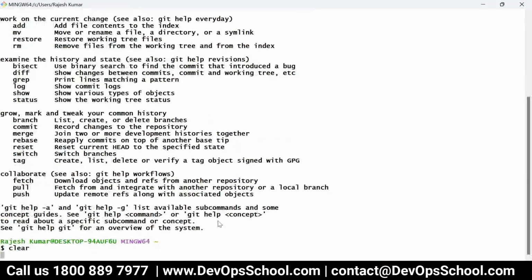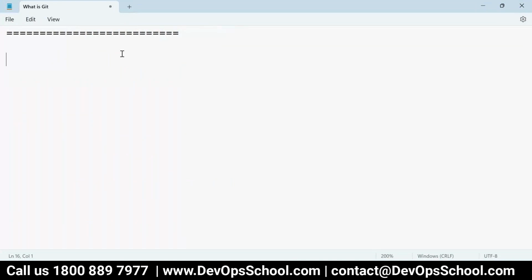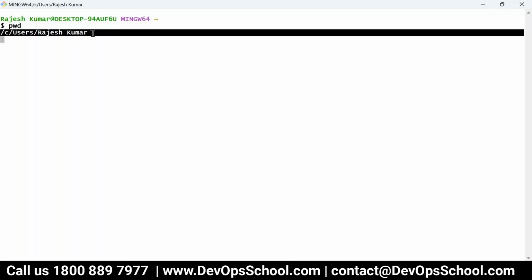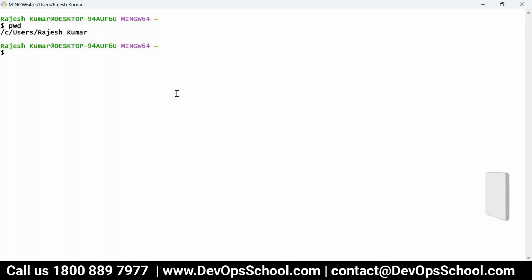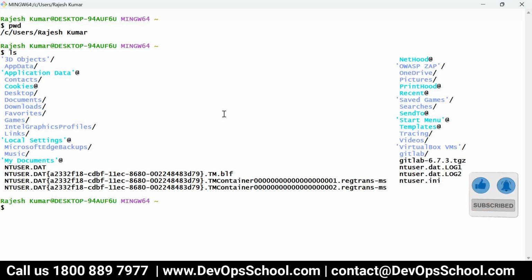Now the question is, how do we get started? How do we version the source code? First thing, you create a repo. Now many people open up a command line. By default, when you open up a command line, here is where you are. What files do you have? See, so many files. People blindly start versioning all these files and then end up with errors. Don't do that. Go to some empty folder and do that.